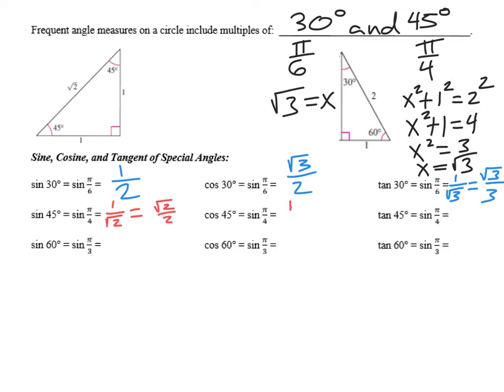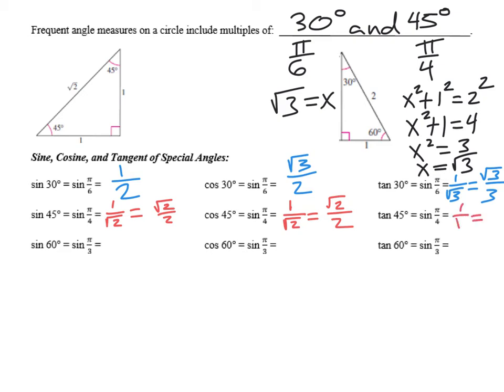You don't see this happen very often. Cosine value is the same thing. 45 degrees is a really unique angle in that its sine and cosine value are the same number. Tangent,